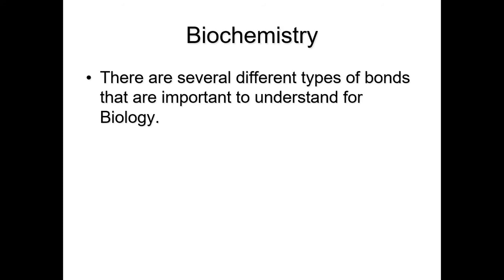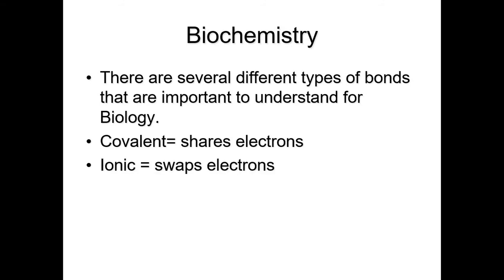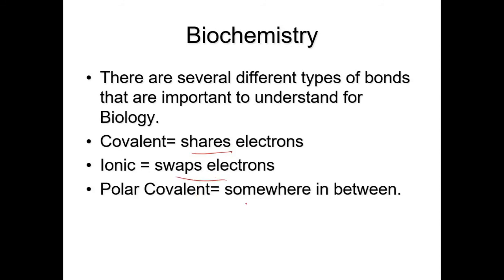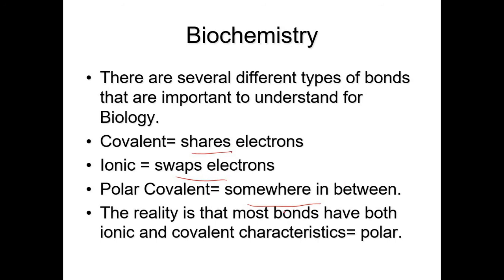So for biochemistry, there are several types of bonds that are important. Okay? So we have covalent, we have ionic. So covalent is the sharing of electrons. Ionic is the swapping of electrons. And then we have polar covalent, which is somewhere in between. So because it is somewhere in between, you don't really need to think about this strictly, okay? Because the reality is that most bonds have both ionic and covalent characteristics, meaning most bonds have polar characteristics,